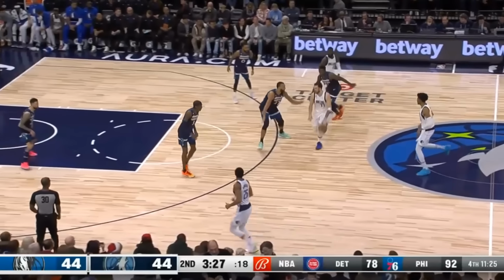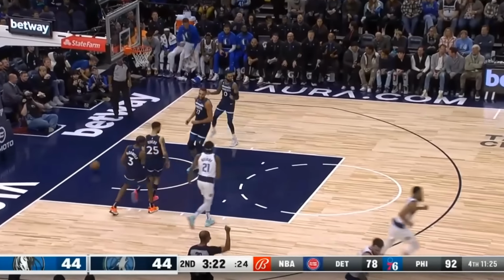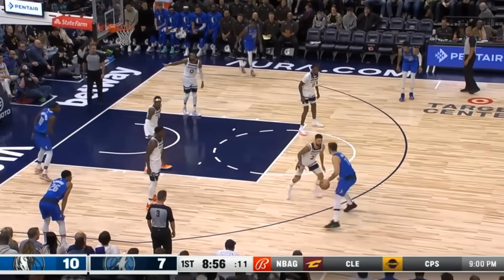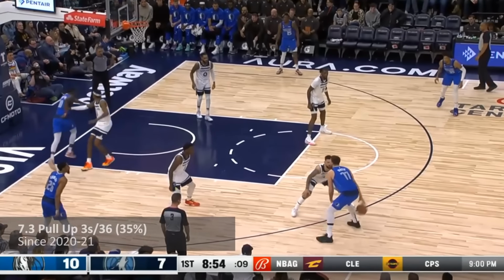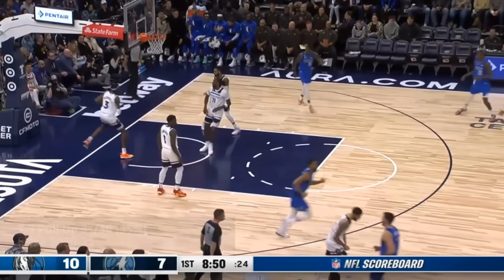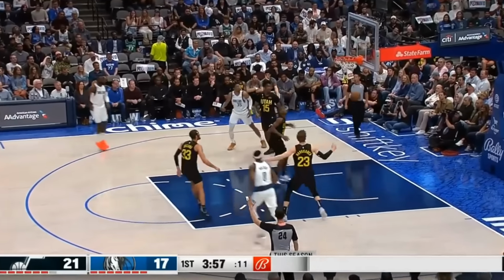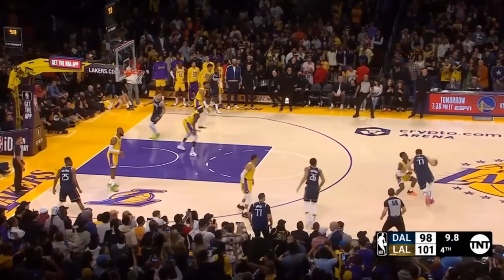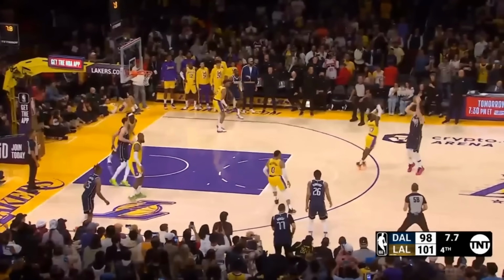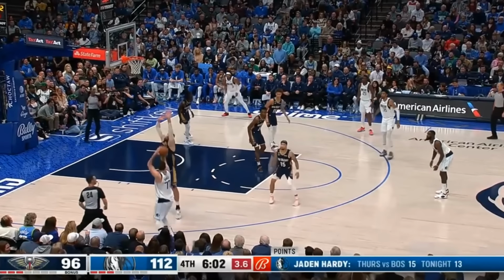Also, there's the range. He will hit from multiple feet beyond the arc pretty consistently. Since 2021, he's taken just under 7.5 pull-up threes every 36 minutes and hit 35% of them. These are some really impressive numbers, especially when considering the difficulty in his shot diet, and the way it pairs with the rest of his attack gives you this leveraging the threat effect